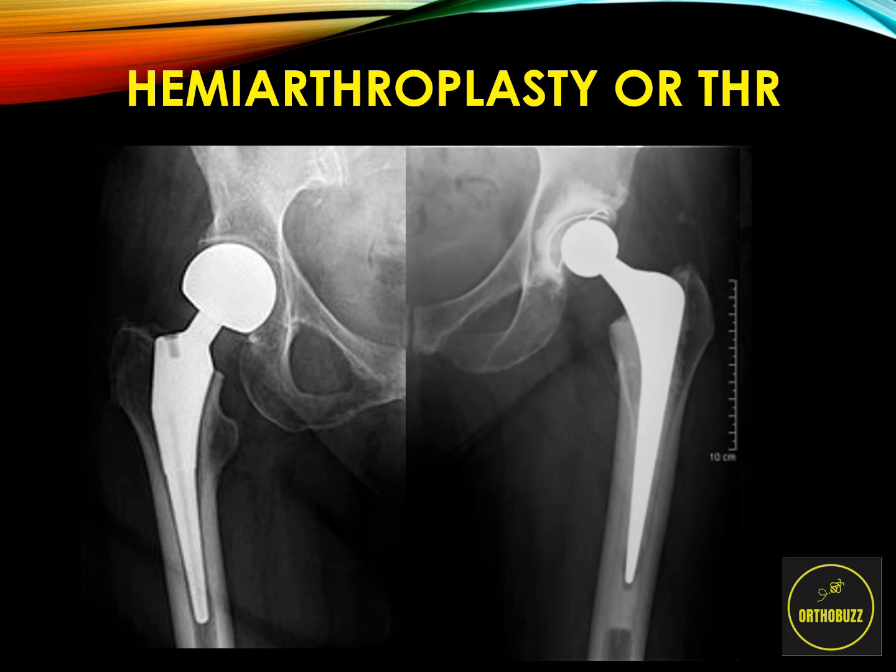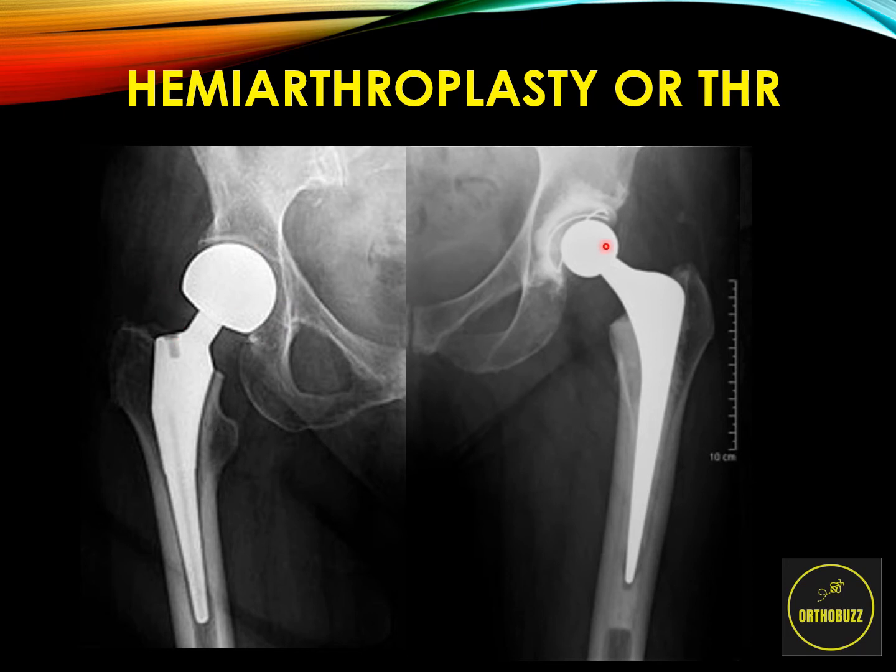So, for our patient that we saw in the emergency department with an intracapsular neck of femur fracture, we need to do a replacement procedure. And here are two options. On the left-hand side, over here, you can see a hemiarthroplasty, or a half hip replacement procedure. On the right-hand side, we can see a total hip replacement. Now, what's the difference and how are we going to decide which one we do? The difference, as you can see, is that the hemiarthroplasty has a much bigger femoral head, and we don't touch the acetabular aspect of the